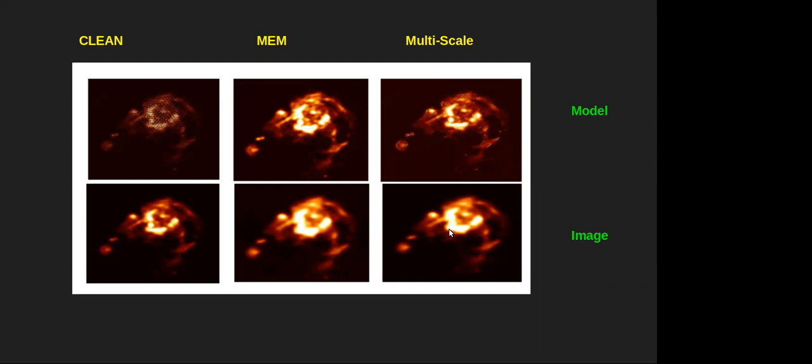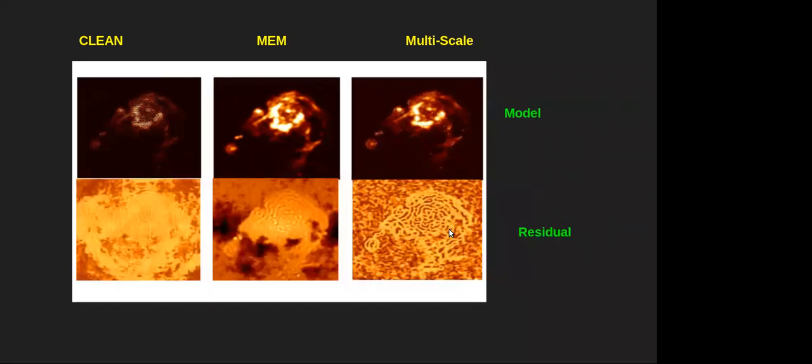So if you have a complex structure in your phase center or in your field of view, you should use multi-scale clean, not only the clean option. Here is the same image, but here I am showing you the model and the residual. If you use clean only, there are lots of residuals visible in your residual image. However, if you use multi-scale, it is mostly gone. That again tells you that multi-scale is modeling your structure more appropriately than clean.